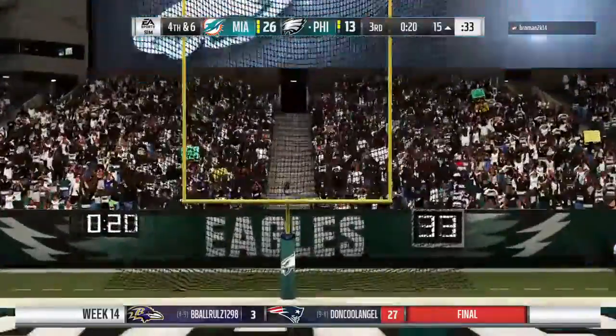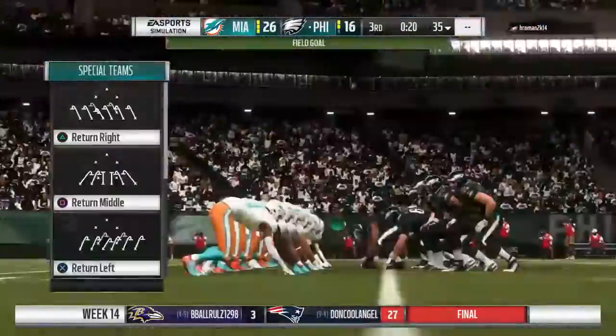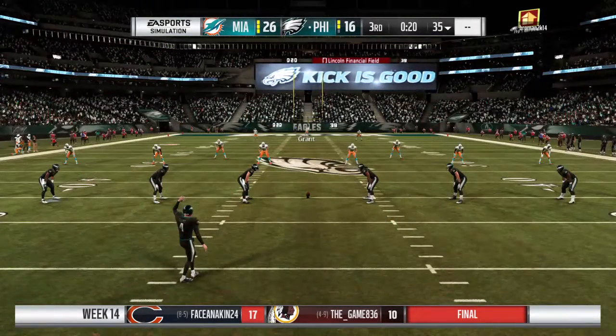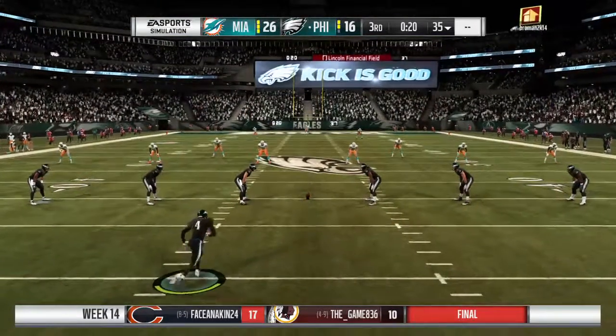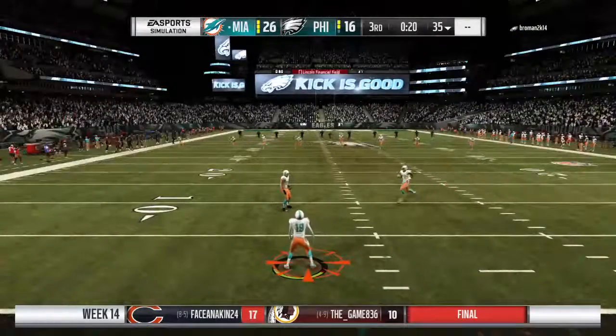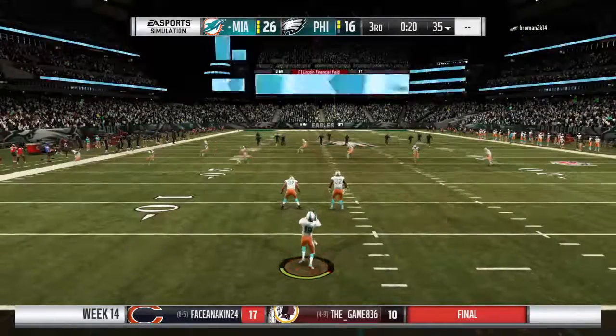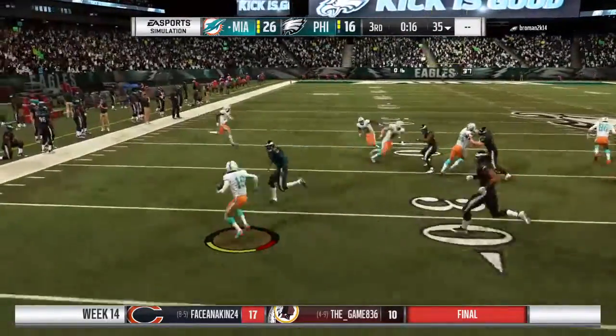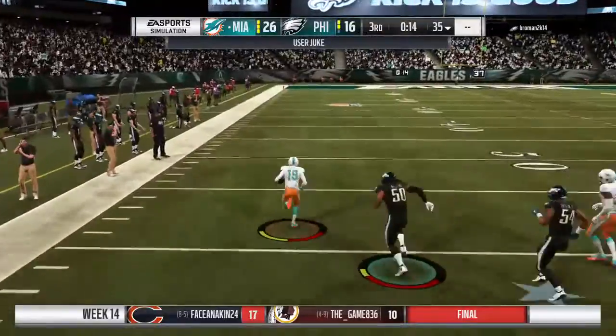And Elliott puts this one through, and that gets him back within 10. He's got 9 points on field goals now. He's made 3 of them. That gets him a bit closer, but there's no question they need to start turning some of these 3s into 6s. And for him, it's not his concern, right? He just goes out there when they call on him and puts points up on the board. But the offense has got to get to...